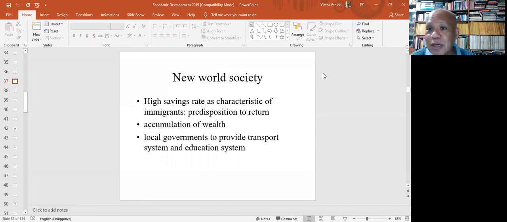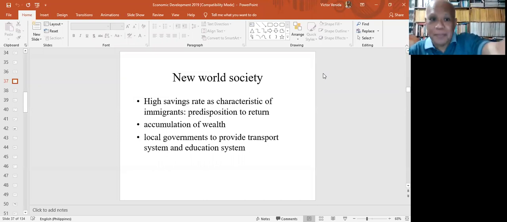It also explains why, for example, Jews would have high rates of material abundance, especially when they were in Europe and in North America, since they were immigrants over there. Then, of course, you have the Chinese in Southeast Asia. On average, they would have very high rates of income and savings compared to the average household that remained in China. So this really is part of the immigrant phenomenon. Okay. Now,